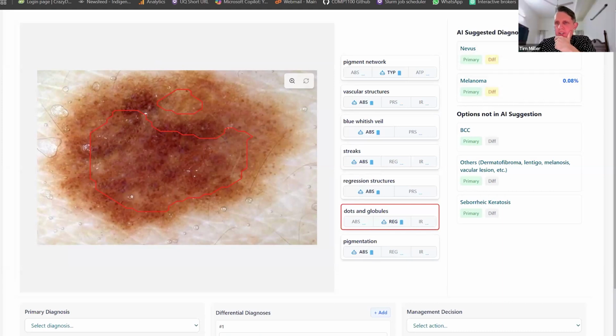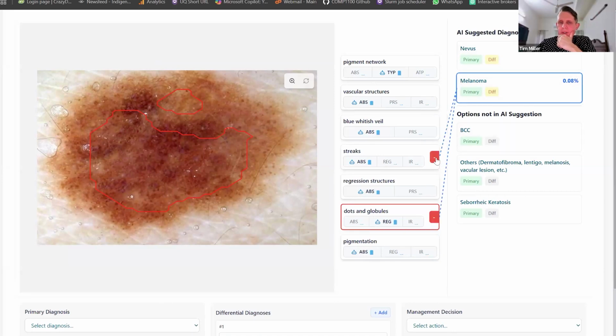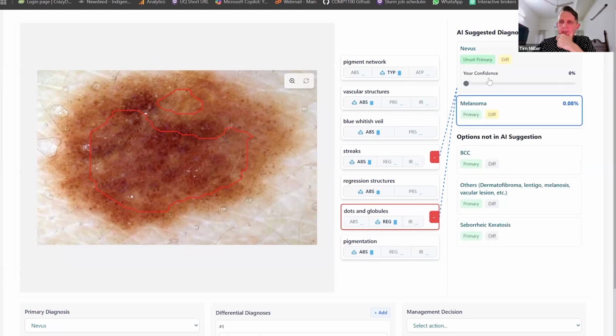And here we're actually giving the probability. You could say that's a distraction, but what we actually do here is say, well, if I think it's a nevus, this is the evidence that supports that it's a nevus. And if I say, no, it's a melanoma, it says, well, there are no streaks, and melanomas typically have streaks, apparently, and there are regular dots and globules, which are unusual in melanoma. And I can query other types of diagnosis as well. I can set one of these to my primary and my differential diagnosis here. That's pretty much an evaluative AI view. This is the view that I'm having.